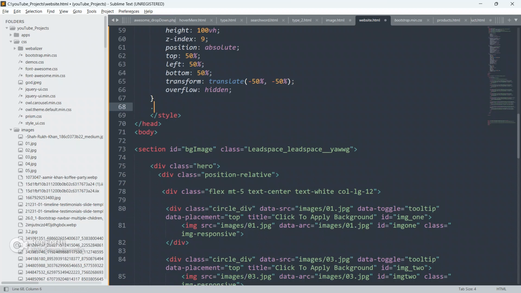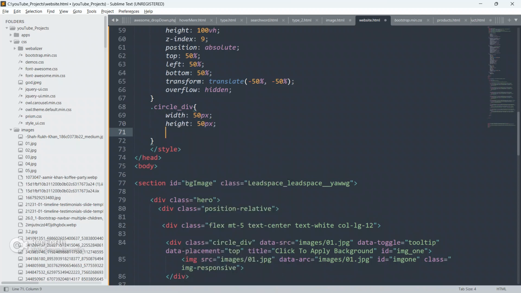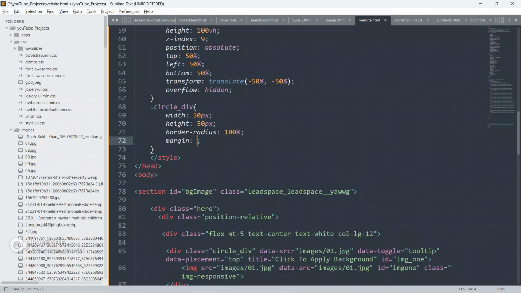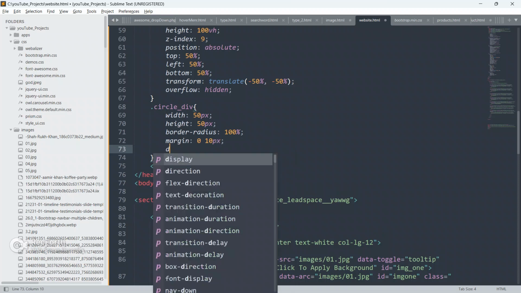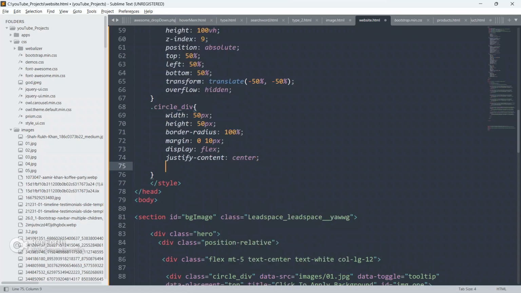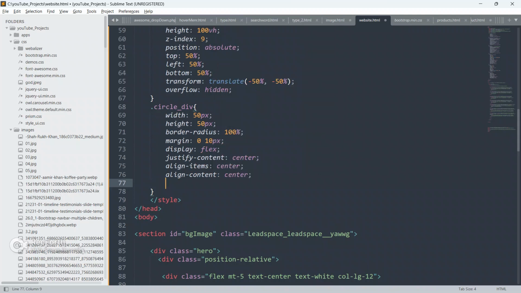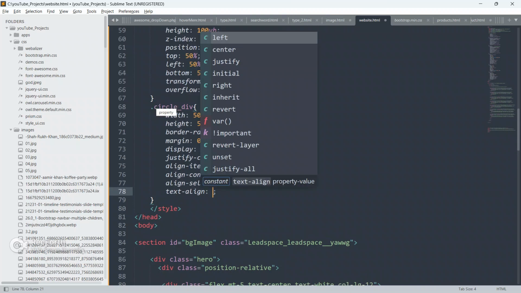Just copy this circle div class and paste it here, and give width as 50px, height as 50px, border radius as 100%, margin 0 10px, display as flex, justify content as center, align items as center, align content as center, put align self as center also, and put text align as center.